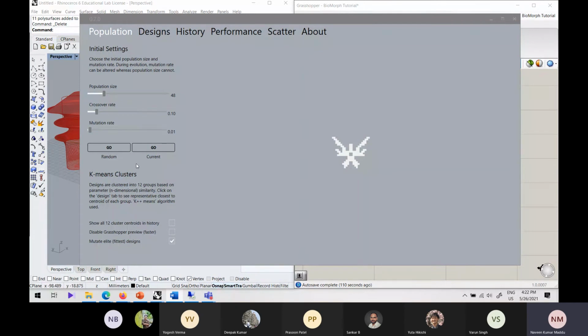Crossover is like biological crossover: if a male has some chromosomes and a female has some chromosomes, then reproduction happens, and the offspring produced will have the genetics of both parents.